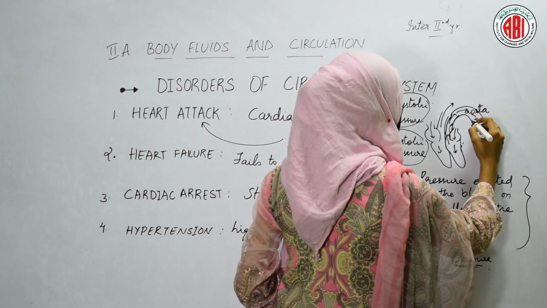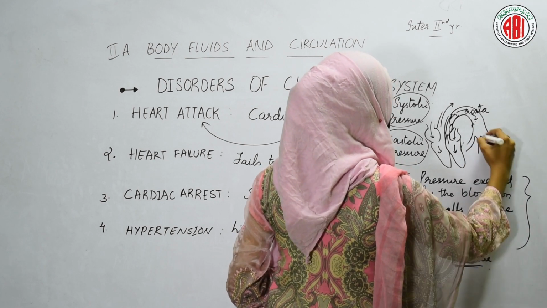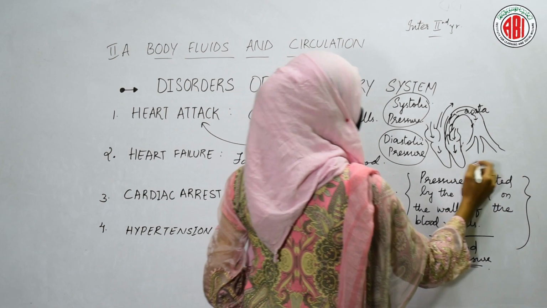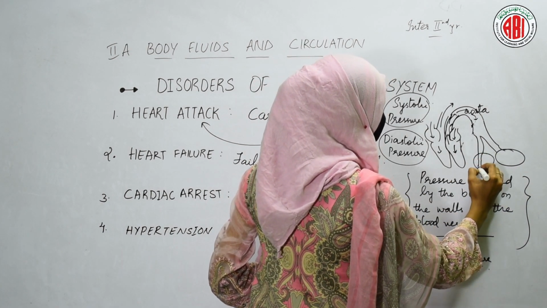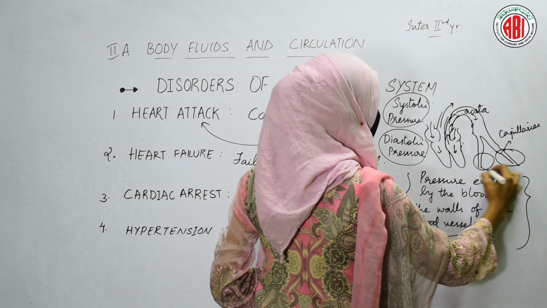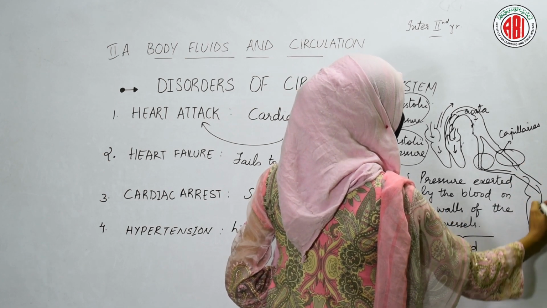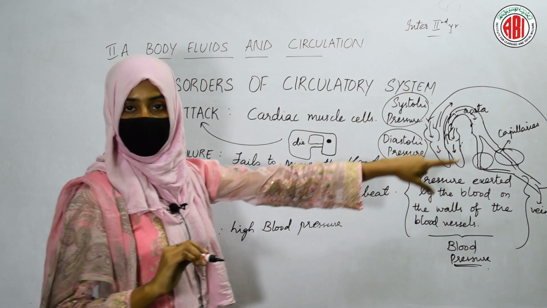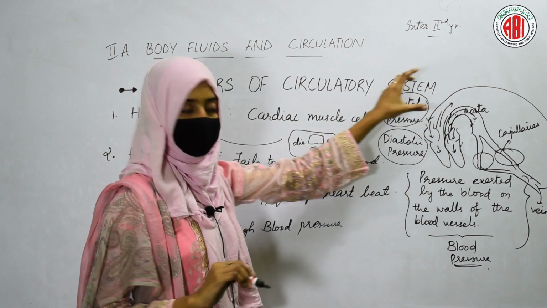Once the blood enters into the aorta, this aorta is the biggest artery. It breaks into so many other blood vessels. Then these blood vessels, when they enter into the organs, become more thin, and we call this type of blood vessel blood capillaries. Then these blood capillaries join together and give rise to a blood vessel called vein. This vein goes back into the heart in order to transport deoxygenated blood.